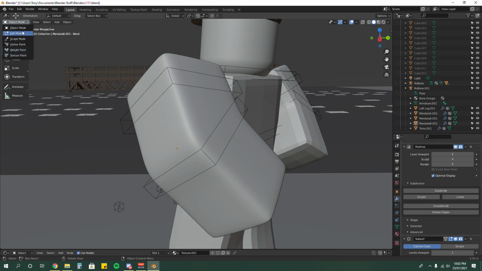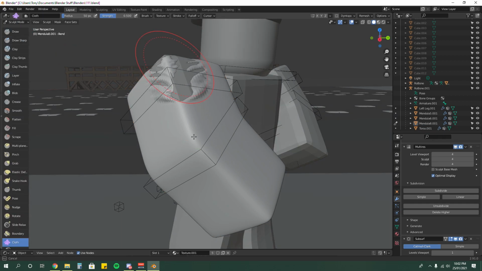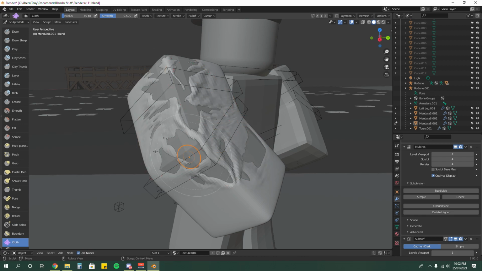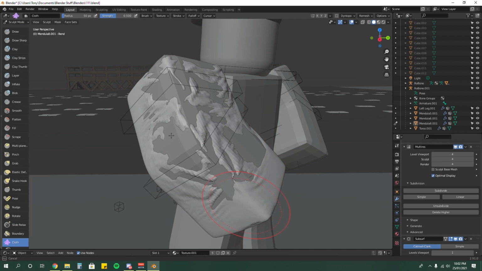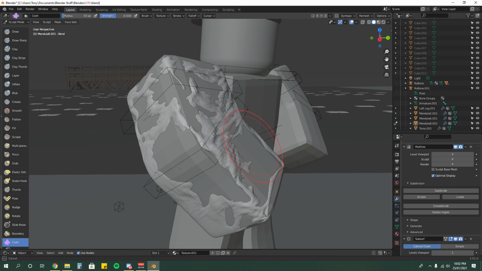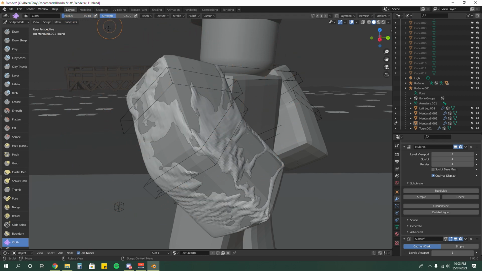So if we go into sculpt mode, boom, would you look at that? Voila, 3D model. I'm not the best at 3D clothing, but look at this. It's so nice. You can also adjust its strength and its radius, so boom, look at that. Okay, this is the default, make sure you don't mess it up.